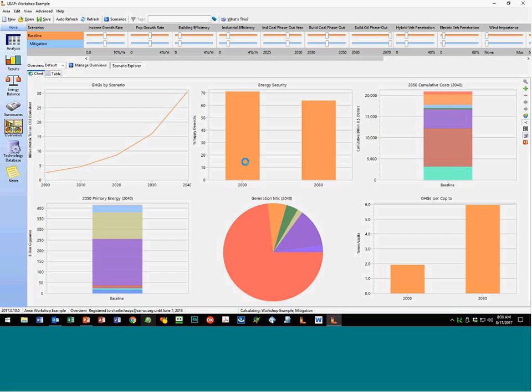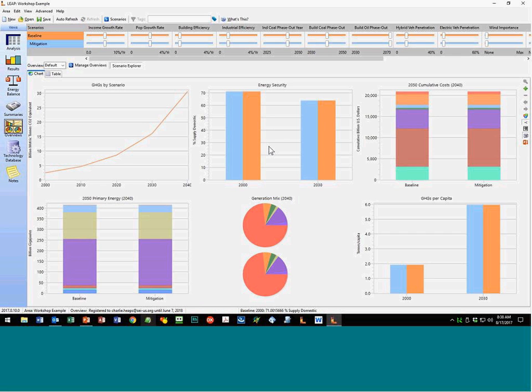The screen is actually recalculating behind. You can see initially the mitigation scenario is exactly the same as the baseline scenario because I haven't pulled any of the levers yet for mitigation. So I've got all the same policies, and therefore all the results are the same initially. The scenarios cost the same, they have the same energy security. You can even see the blue line there, it's hiding behind the orange line, but we have the same GHG